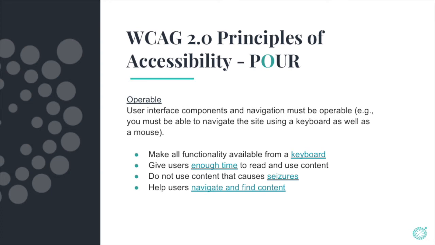Raph, one of those points there was about building a website and planning for making all functionality available from a keyboard. How do you do that? How does that work? So any website or web app is automatically usable by a keyboard just by using the tab key. So what that means is actually don't interfere with the tabbing functionality in order. As long as the markup is correct, it's logical, it's sequential, which is another WCAG criteria. As long as that's in order, then good keyboard functionality will automatically follow.